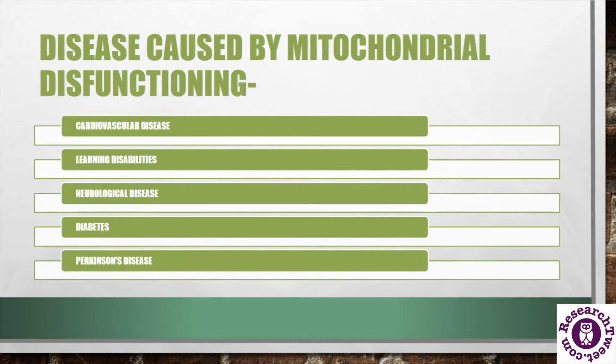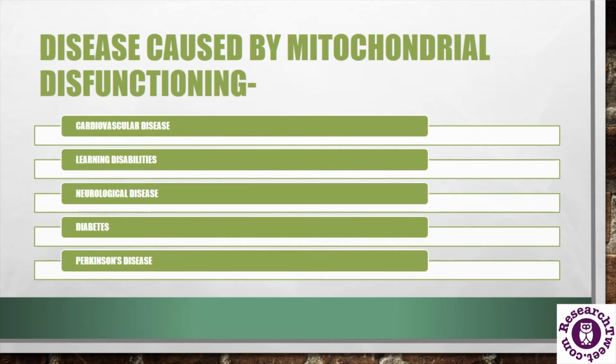So basically diabetes is the condition where the blood sugar level is not in control in any cellular organism. There are two types of diabetes, named type 1 diabetes and type 2 diabetes, and both can be caused due to the dysfunctioning of mitochondria, because we know that mitochondria have the ability for glucose metabolism. So if mitochondria cannot work properly, the blood sugar level increases in the particular organism, which can cause